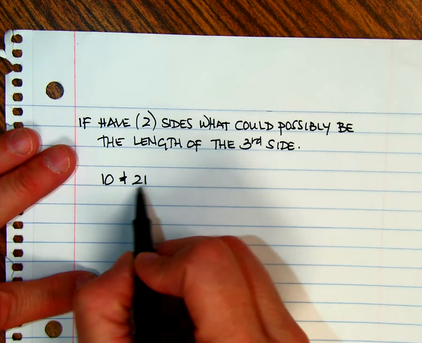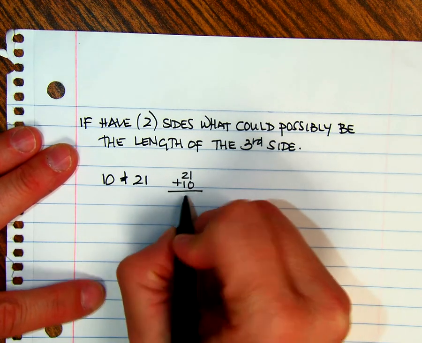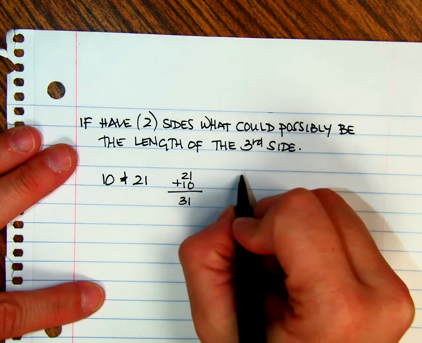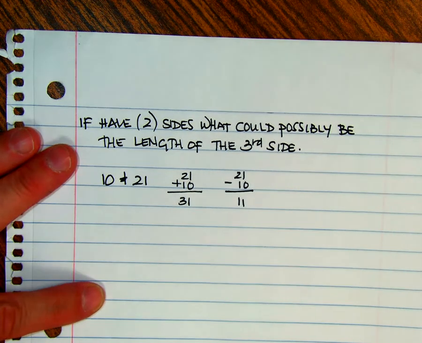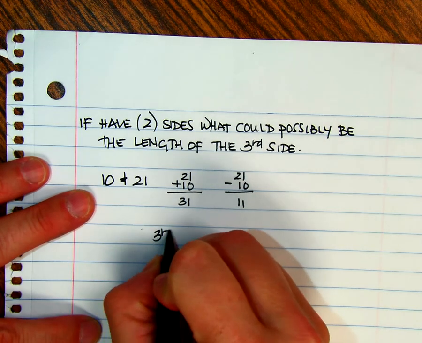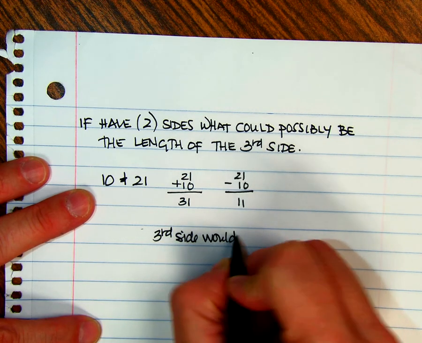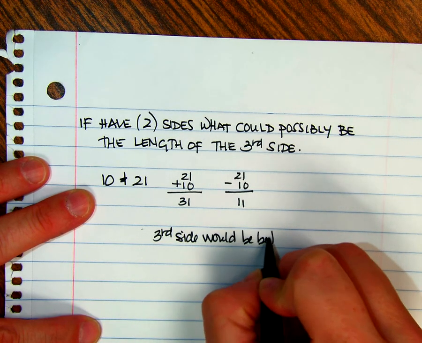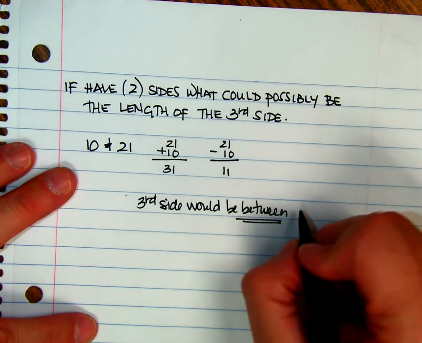What you do is you take your 2 sides and you add them, and you take your 2 sides and you subtract them. So my third side would be between, and between is a key word here, between 11